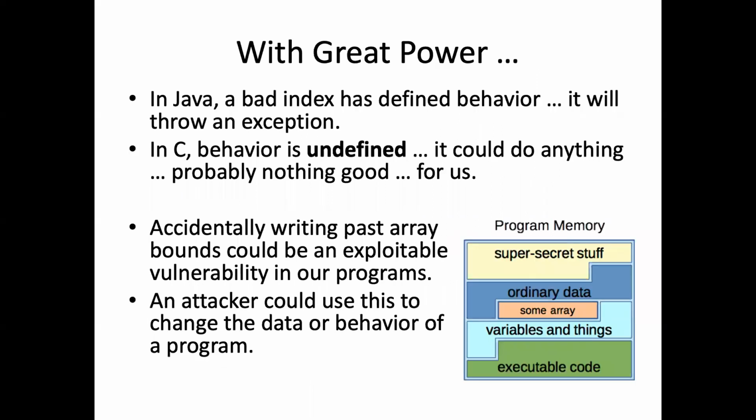This can be a big potential security hole. If every array indexing out of bounds on an array could let you access nearby storage within your program, who knows what's nearby in memory? Here, it's a silly picture I made, but it's showing, pretend you've got an array. Well, other stuff around that might let you accidentally modify variables in your program. It might accidentally let malicious code see or change parts of your program that you didn't plan on it seeing or changing. So any potential out of bounds access in an array could crash your program or could be a